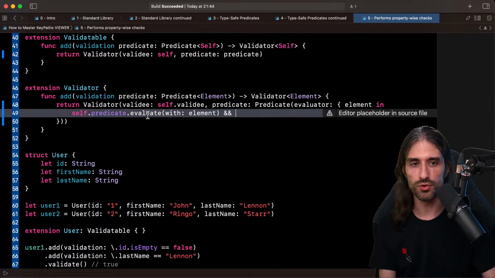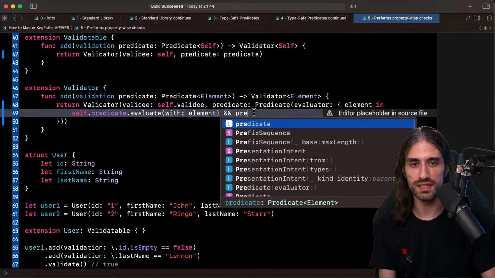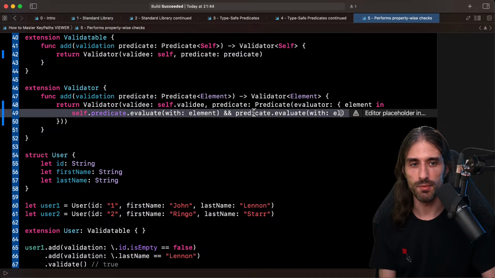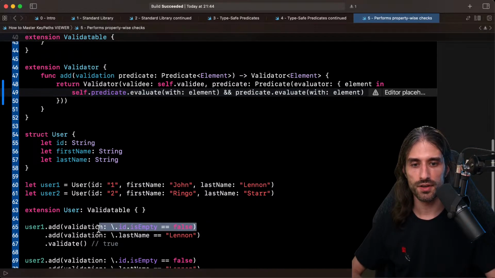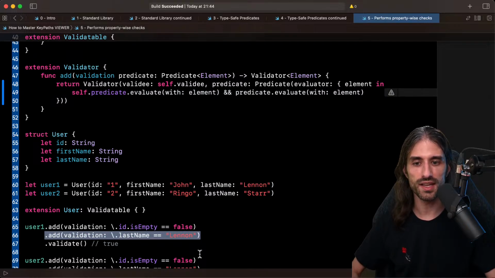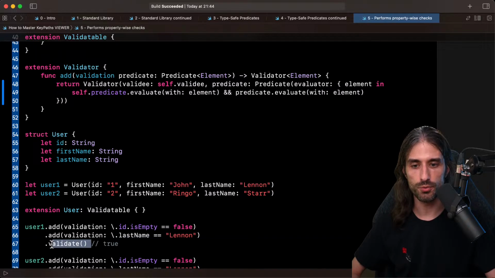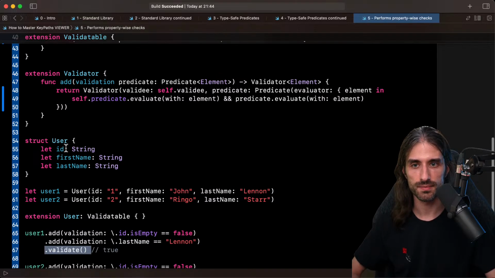And then I'm also going to evaluate the second predicate, the one I've just been given as an argument. So first I evaluate this, then the next potential predicate, etc., all the way up to when I reach the call to validate.